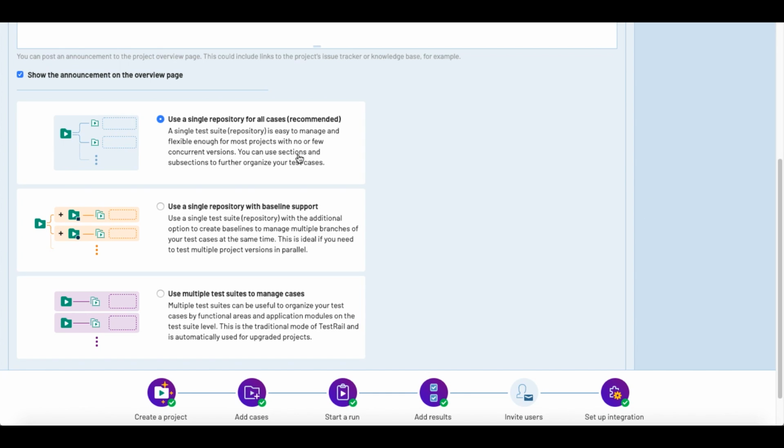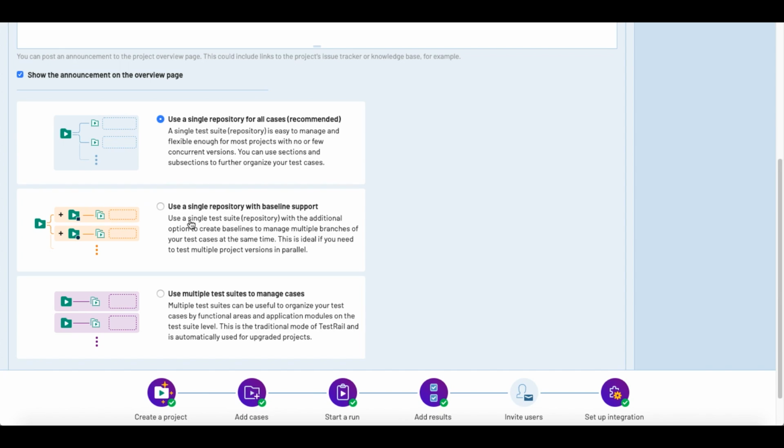You can use sections and subsections to further organize your test cases. In this hierarchy we will get a single folder. Inside that we will create our test cases, and we can also add sections and subsections inside the test cases to organize them.